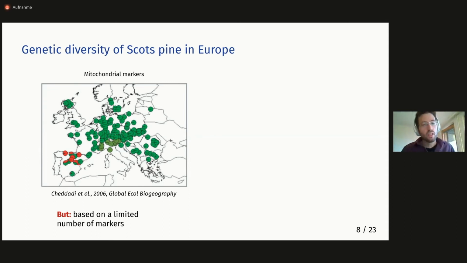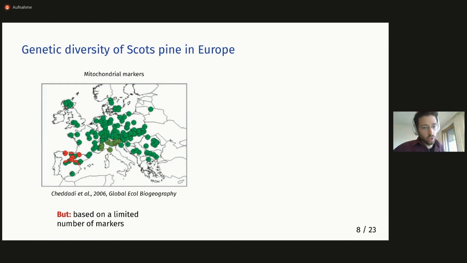Most of the samples in central, to some extent, northern and southern Europe as well, share very close alleles, actually the same haplotypes. And you can note that there are two divergent groups of populations in Italy, in northern Italy, in a different shade of green, and in Spain in red here. So using this data, Chedly et al. have been able to infer